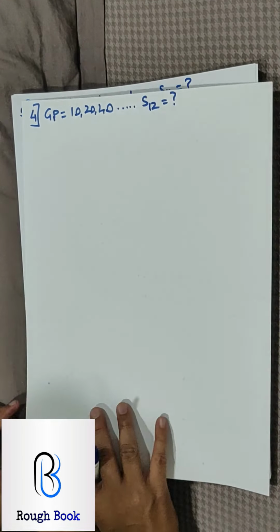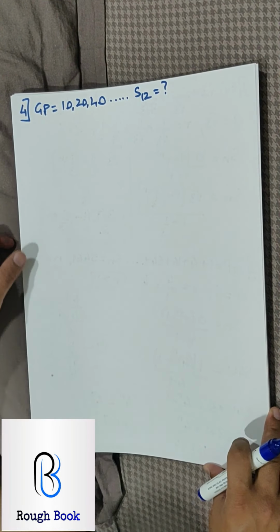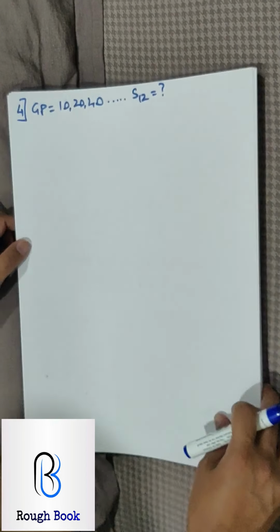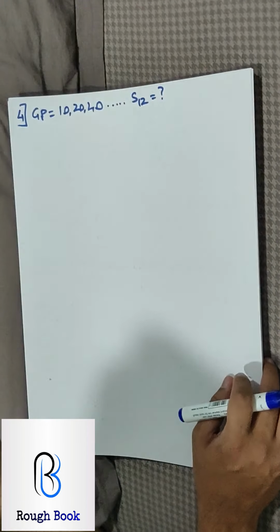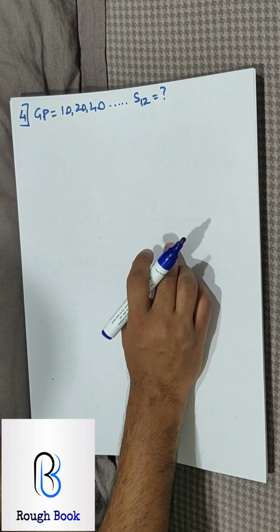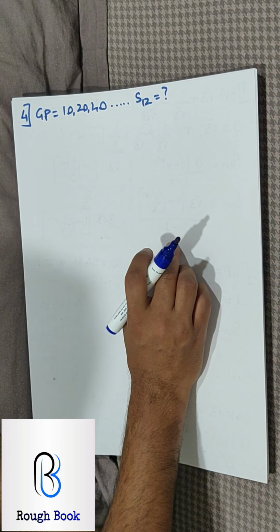Let's take a few more sums. I'm going to try and do maximum sums in this exercise so you get better practice. Come on everyone, sum number 4. It's a word problem, an interesting question. Before we go ahead, don't pause the video, first listen. Everyone read with me, it's a lovely question.